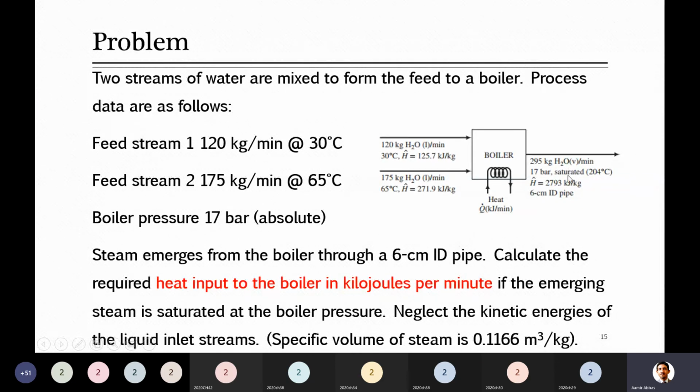So can any of you tell me, when there is a pressure of 1 atmosphere, what is the saturation temperature? 100 degrees Celsius. Yes, good, 100 degrees C. Simply this is like pressure at that time, which is 17 bar. In case of 1 atm, we know that water boils at 100 degrees C, so that's the saturation temperature. In this case at 17 bar, the saturation temperature is 204, which he has mentioned from the table. So let's solve this problem.